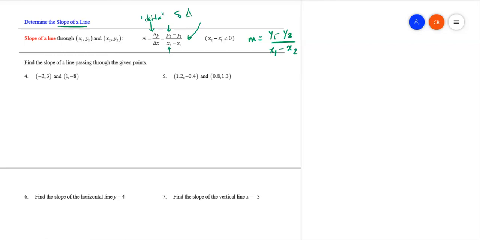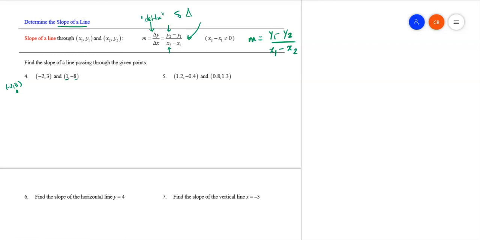I want to think about doing it a different way though. So for this line, we need to find the slope of a line that's going through these 2 points. We can do it with the formula, but I just want to plot here. I'm not even going to plot axes because I want to think about just floating out in space. There's this point that's like -2, 3. And so whenever we're going to plot this other point that goes 1, -8,